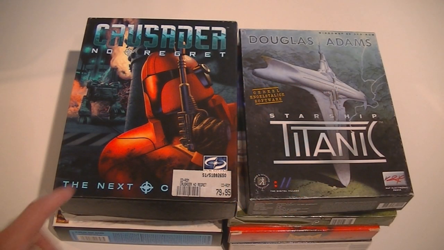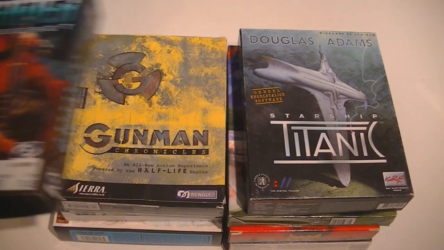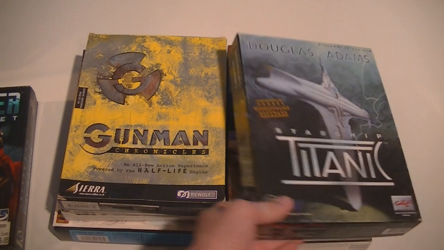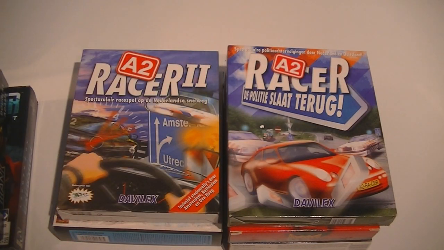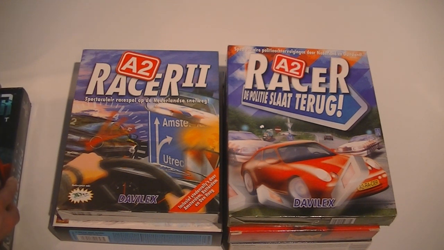Here we have Crusader No Regret. This is the follow-up to Crusader No Remorse, and you don't see this one quite often. Starship Titanic with the 3D glasses. Gunman Chronicles, made with the Half-Life engine. Then two games that are...